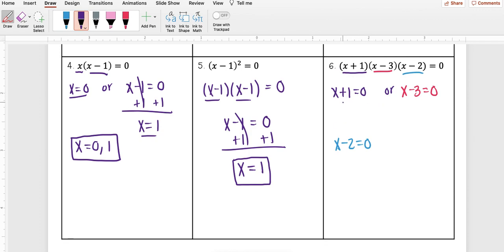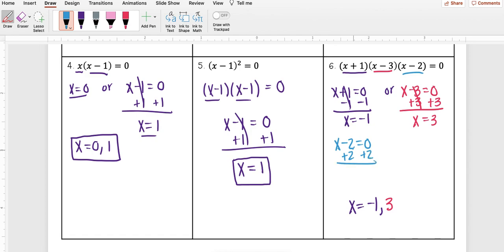Solving this first one, I need to subtract 1 from both sides. So I have x equals negative 1, and I'll go ahead and start my answer down here. Doing this next one, I need to add 3 to both sides. So I have x equals 3. And the last one, I just need to add 2 to both sides. And I get that x is equal